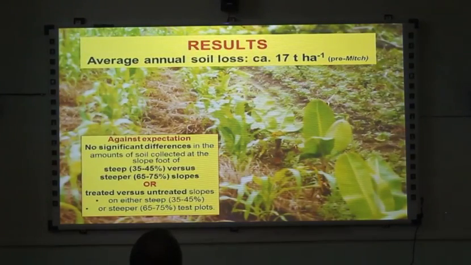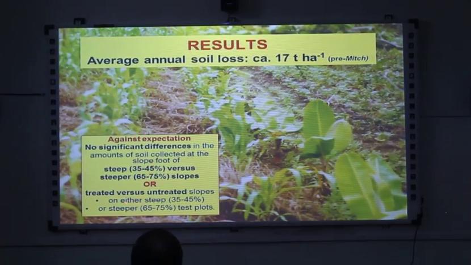And here are some results. Annual soil loss, 17. It's worth making a note of that. 17 tonnes a hectare pre-Mitch. Results weren't what we expected. They're not what you'd get on less steep slopes. Different things are happening. So there was no significant difference in the amount of soil collected beneath either of the